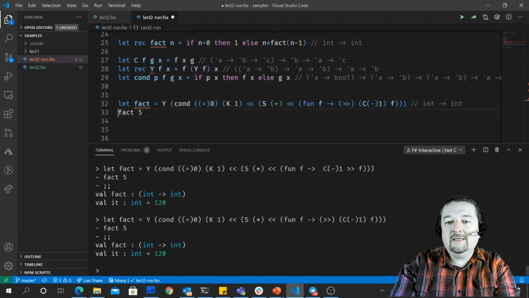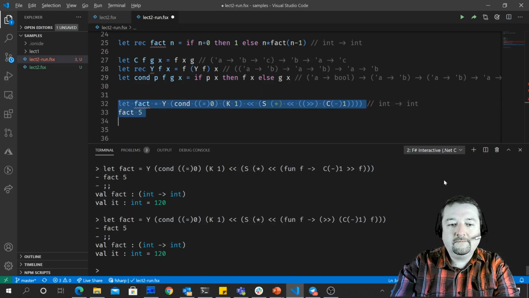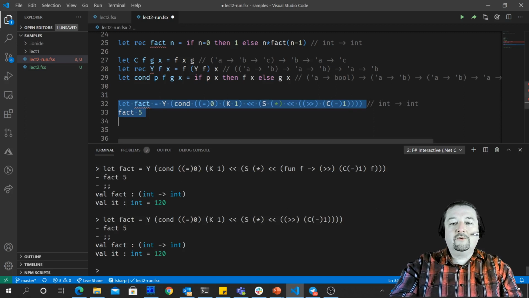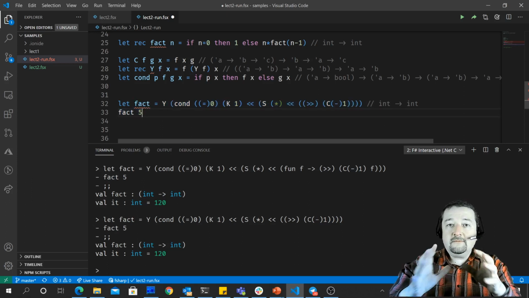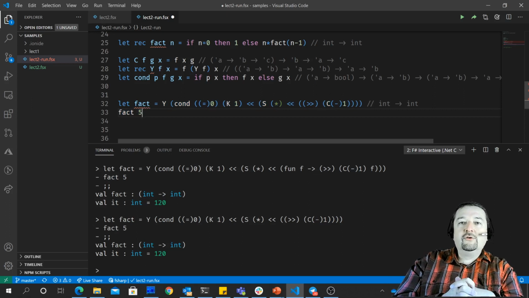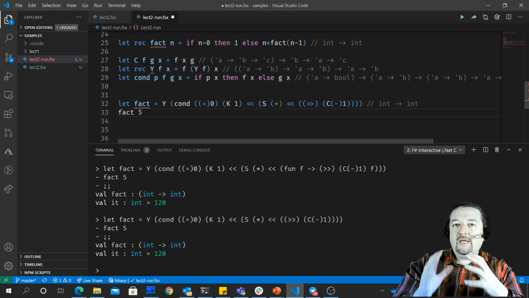And this is exactly the case of partial application, right? So I can get rid of fun f, and I can get rid of f here. And this is my factorial written without any lambda expressions, without any variables, just by combining combinators. I think that's really cool. That shows you the essence of functional programming. You can write the whole program without any variables, without any loops, without any constructions, just by combining a very